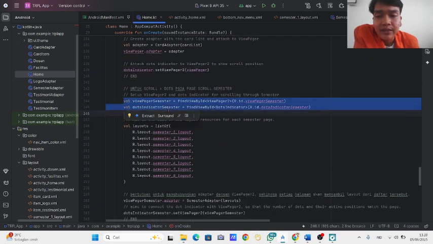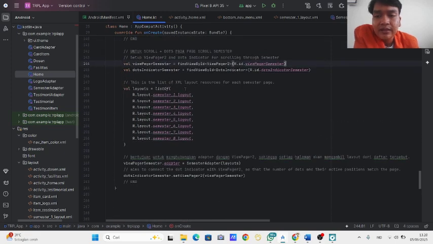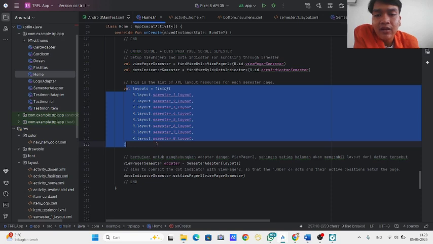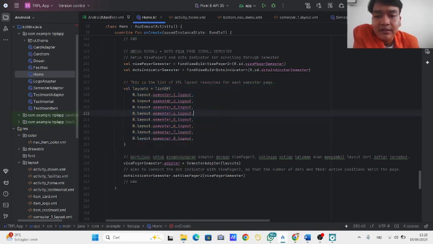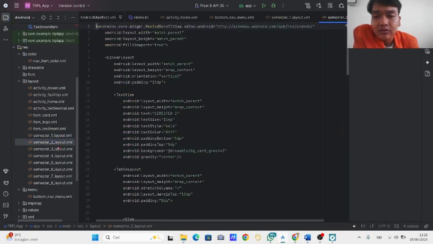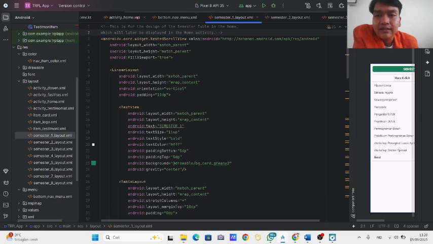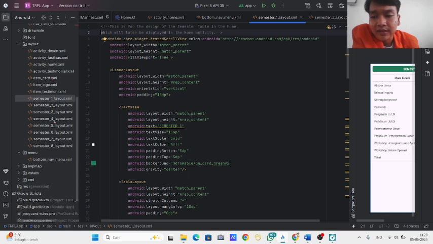Next, set up view pager 2 and dots indicator for scrolling through semesters. This is the list of XML layout resources for each semester page, like XML semester 1, semester 2, 3, 4, 5, 6, and 8. Semester 1 layout XML is for the design of the semester table in the home, which will later be displayed in the home activity.